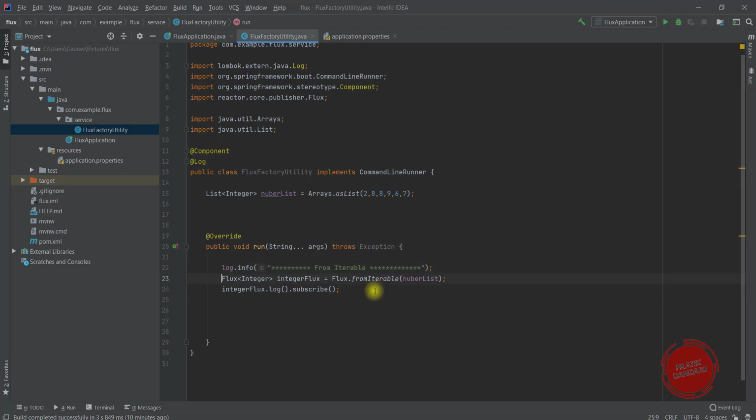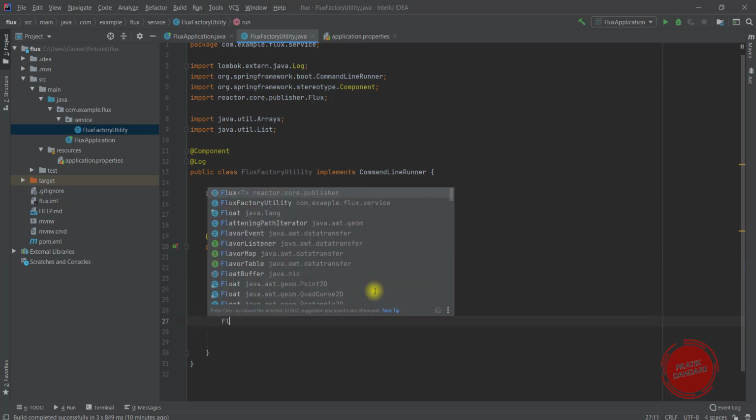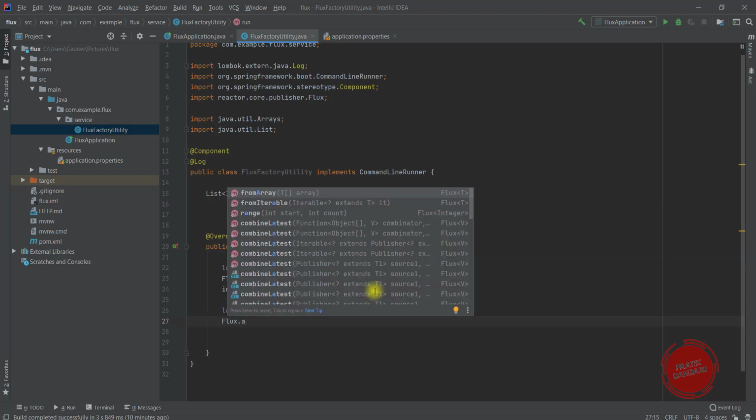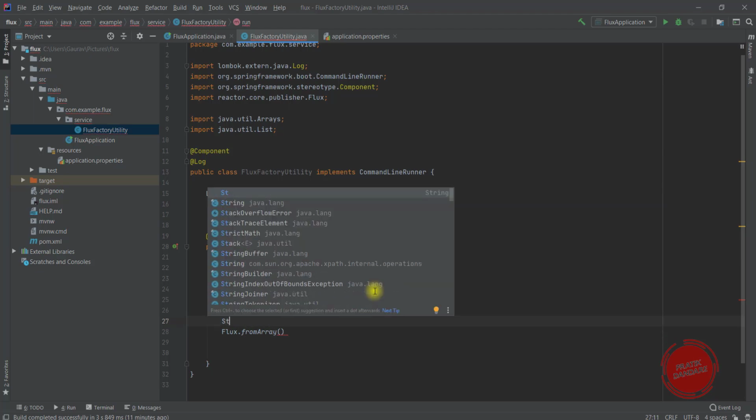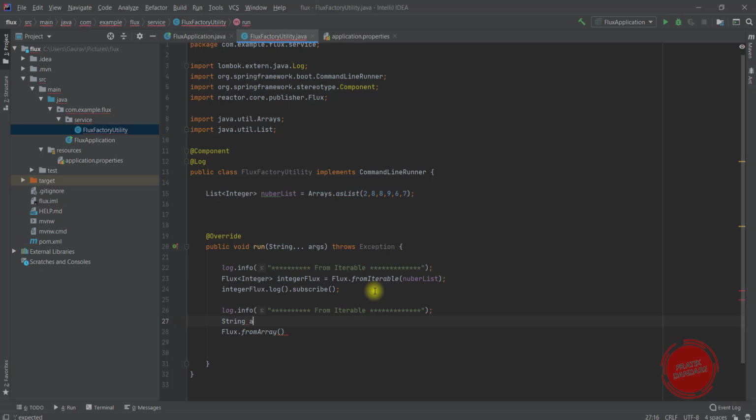Now what I'm trying to do is create a Flux from an array. We have another handy method, Flux.fromArray. I'm going to add one array here, so first I need to create the array. I'm creating a String array, and I'm adding it with this bracket.